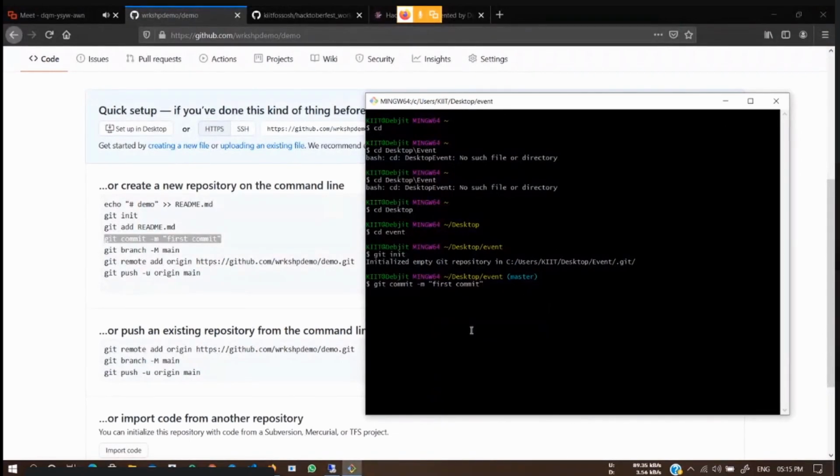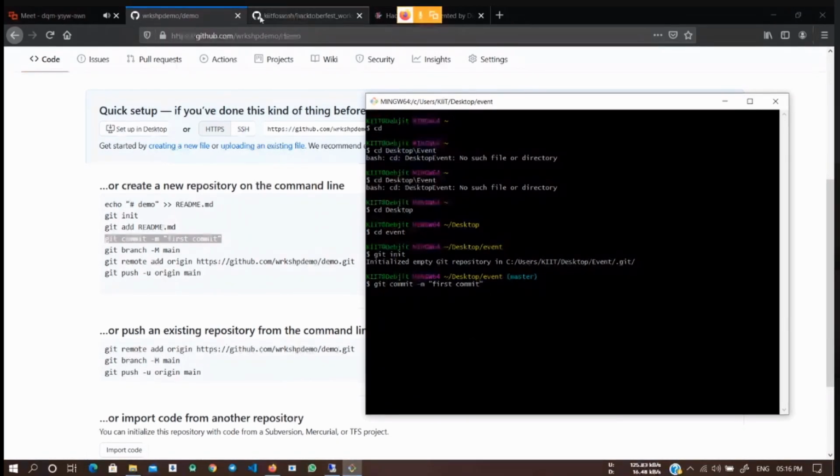Okay, for those of you who are interested, readme.md is a file which basically says what your repository is, what it does, and basically the demonstration or explanation of your repository.